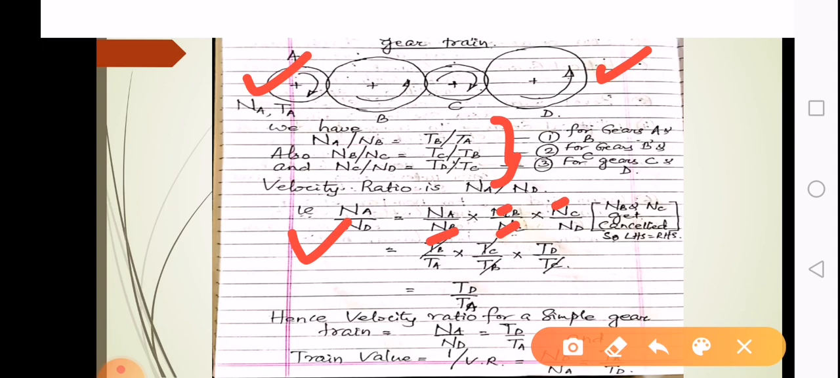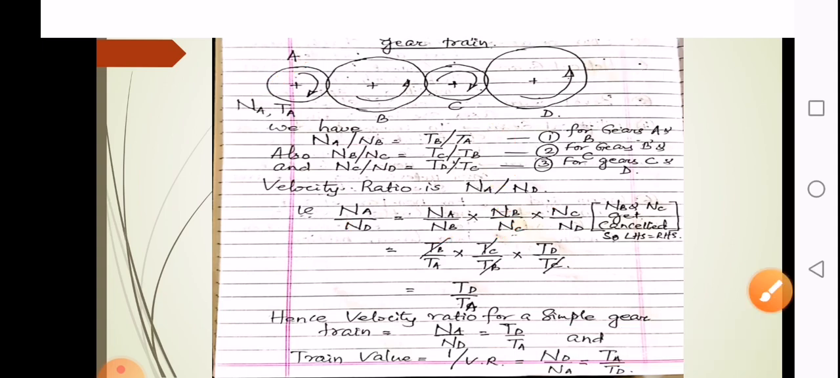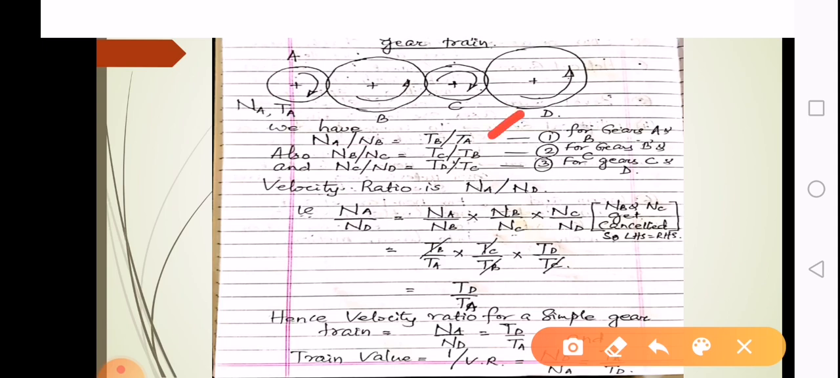So finally we will get the left hand side and the right hand side as the same. But once we write it in this manner, we'll write it as Na upon Nb. What is Na upon Nb here? It is Tb upon Ta. So I write it as Tb upon Ta. Similarly, what is Nb upon Nc? It is Tc upon Tb. So write it as Tc upon Tb. And what is Td upon Tc? Td upon Tc is